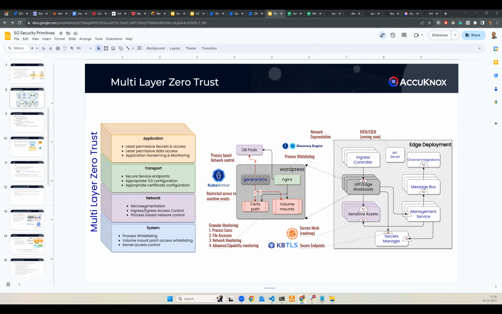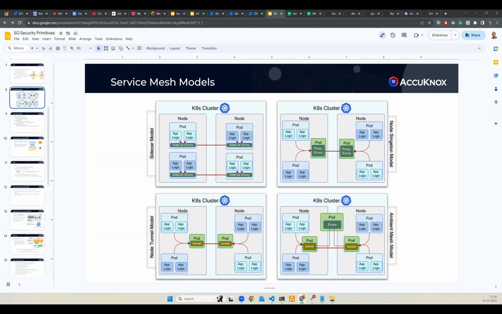Fabulous. Okay, I'm going to go back to the service mesh models, and I'm pretty sure most of the folks here are aware of them. The sidecar model is the most popular one, and I feel today, from a security point of view, that is the model which makes more sense than anything else. Even the ambient mesh model is getting more traction these days because of performance improvements. The sidecar model has fundamental aspects which allow it to do security isolation. Its isolation properties are much better than an ambient mesh model.